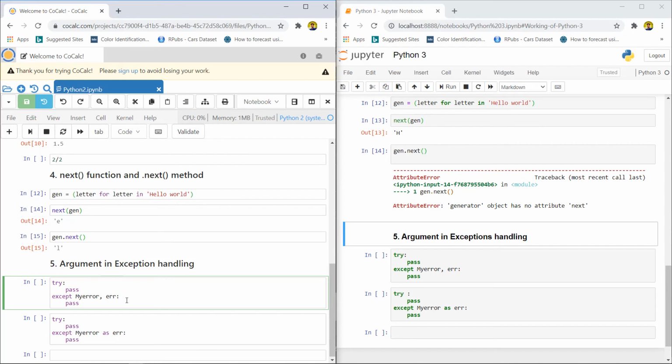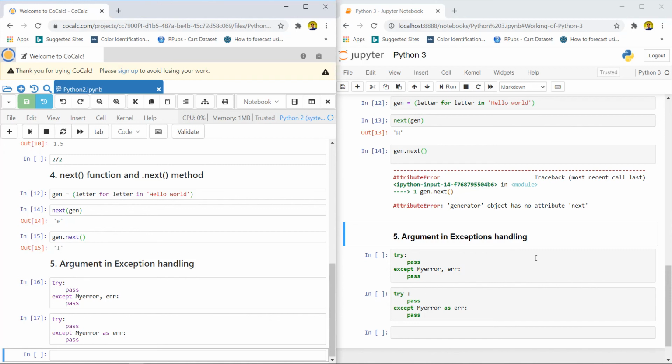So the Python 2 compiler treats err as a variable for the exception. You can see this statement is working. Same with except error as err. Suppose you know that you import a module in a form of some statement like import system as sys.